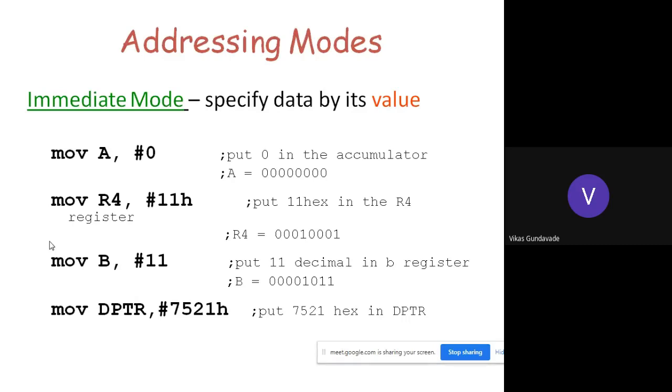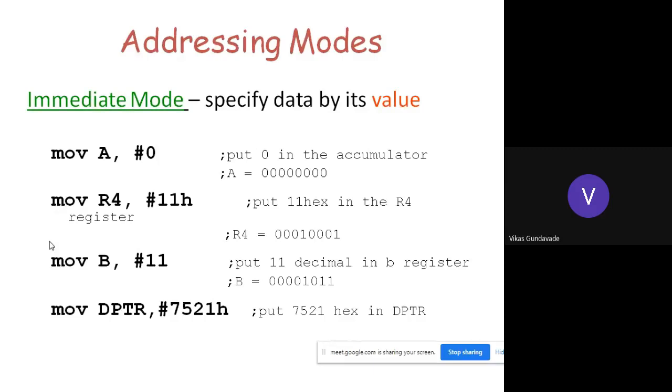Here one more thing is important. When we are representing the new value, that new value is given in hex. If it is written as hex, that means whatever data we are loading into that register or into the memory, that value is the hex value. If the H suffix is not written, then by default it is considered a decimal value by the microcontroller. So whenever we are giving the data, if we need to provide the immediate value, always represent that value with the hex symbol.